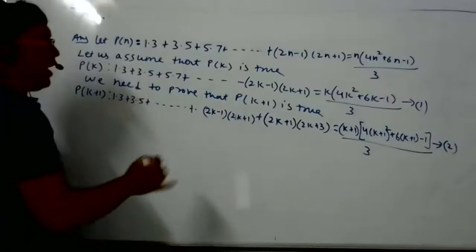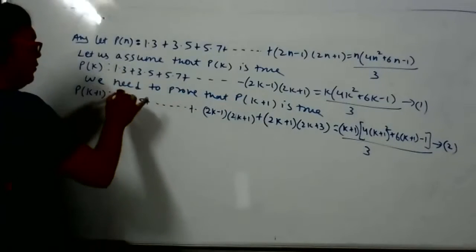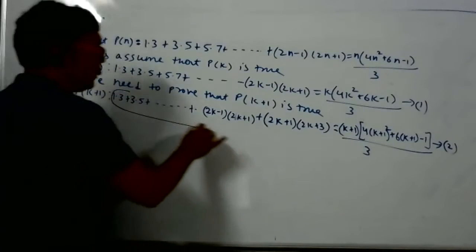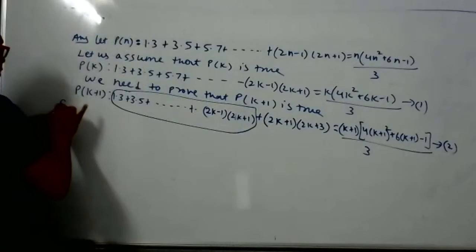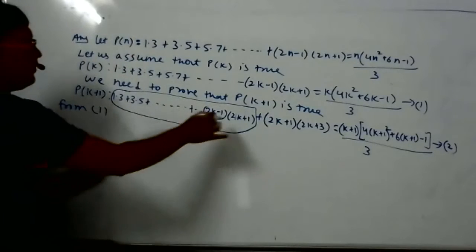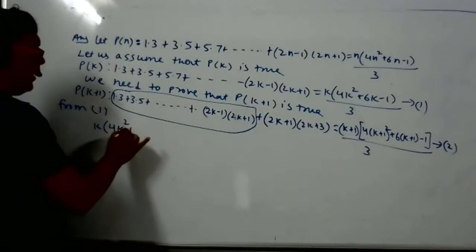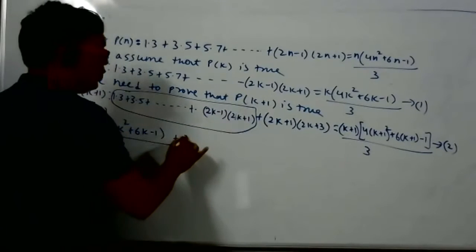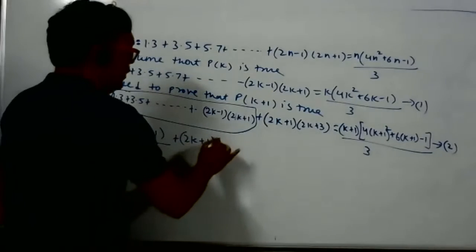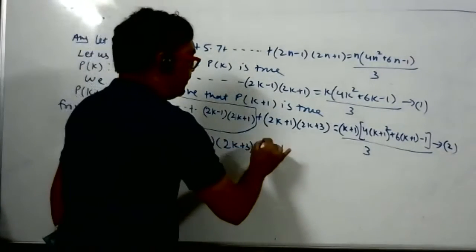Okay, now we have to prove this second equation. How to prove? We have to prove the second equation with the help of the first equation. We know the value of this many terms from the first equation only, so substitute that from the first. What can we write from the first? In the place of this, we can write k bracket 4k. Now we have to apply our mind. Otherwise same, 2k plus 3 by 3 plus 2k plus 1, 2k plus 3, right side is k plus 1.